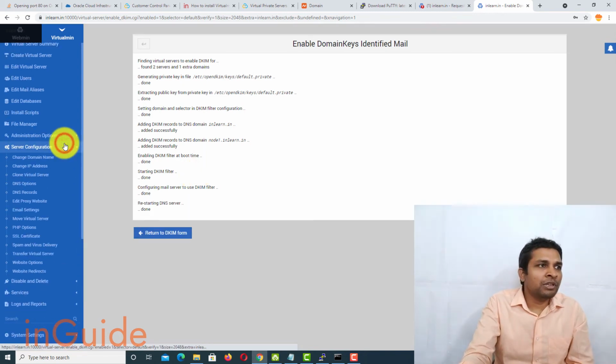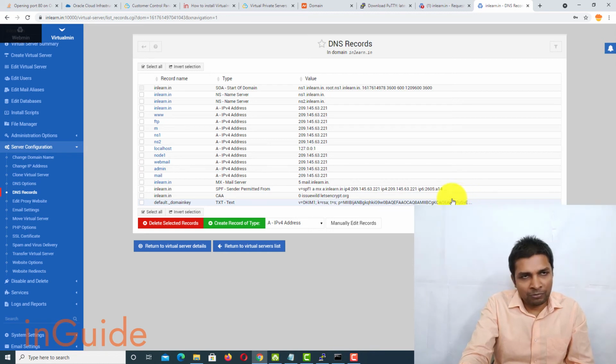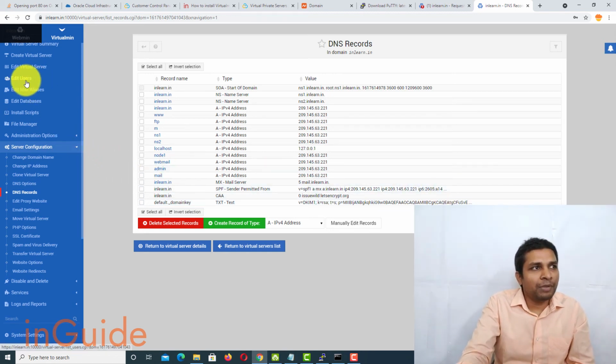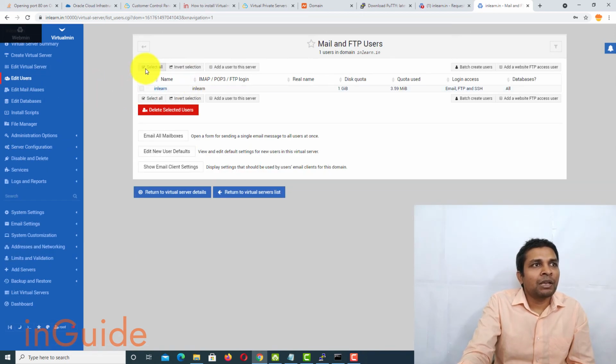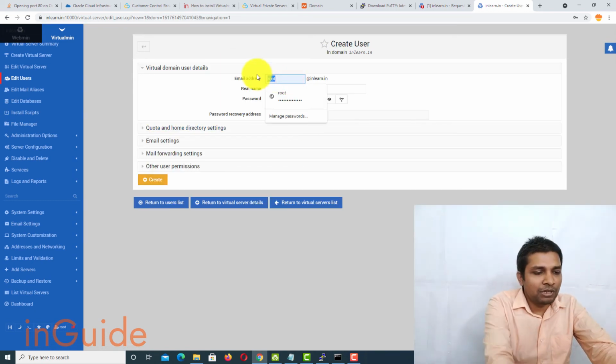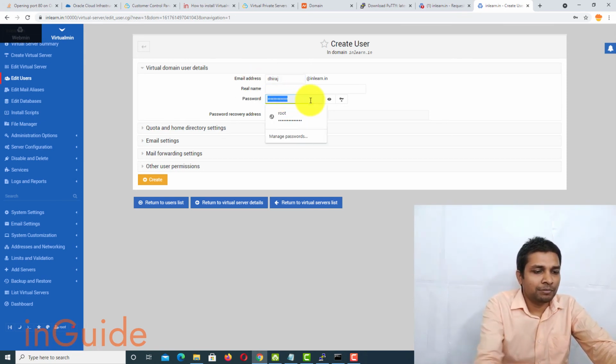Now let's go back to server configuration once again and go to DNS records, and you will see the DKIM key has been added to the server. Next, if you want to create mail users, then you go to edit users and then click on add a user to this server, and then name the user. Let's say my name, and I want